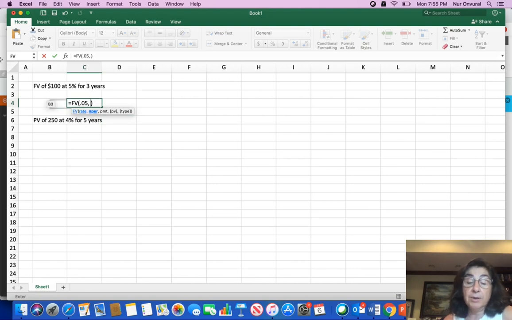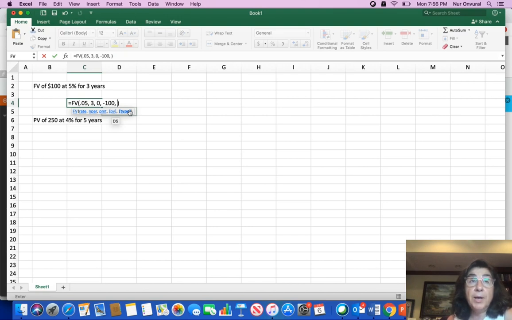and the number of years or number of periods is 3, and then there is no payment in this case, so I will leave that blank. I could either leave that blank or enter a 0 in there. The present value is $100, and in Excel we always enter that as a negative number. And the type is, we could leave that blank because that is